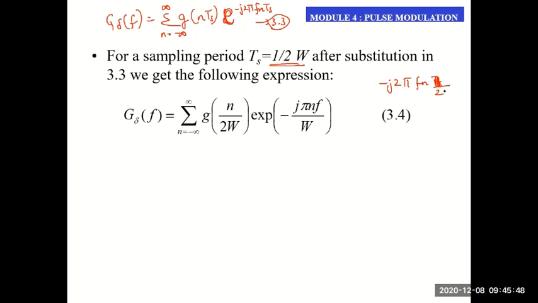I should put 1 by 2W. The 2 cancels out. So what is left? Minus j pi f n, or minus j pi n f divided by W. Is that okay? So in this equation, wherever we have the sampling interval Ts, I am putting 1 by 2W